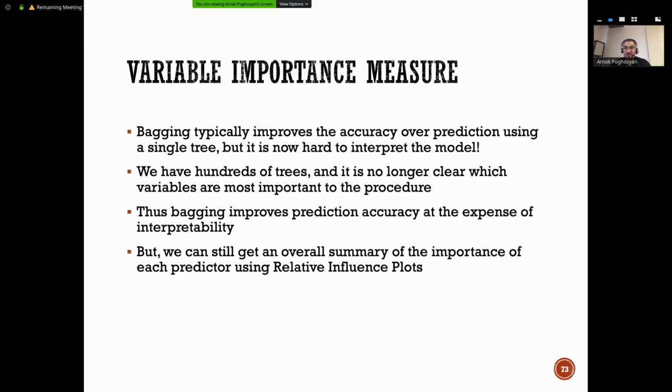You have 1,000 different trees, and based on these 1,000 different trees, you have an averaging process for regression or majority vote for classification. And you have a problem with interpretation. So you don't have trees. You cannot understand which variable is the strongest. So we have hundreds, thousands of different trees, and it is no longer clear which variables are most important to